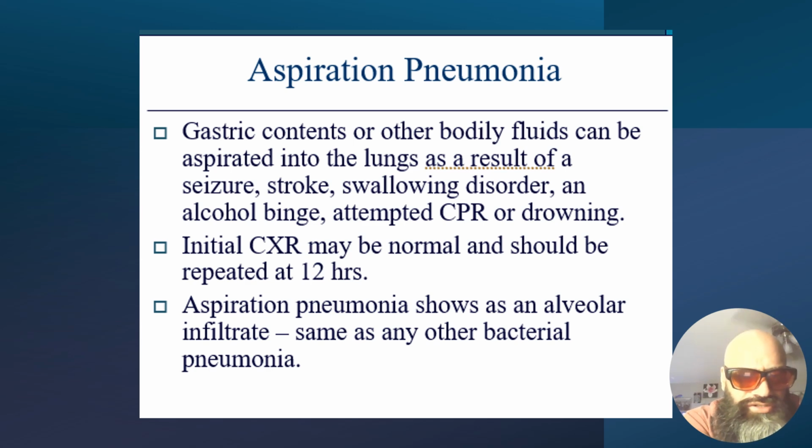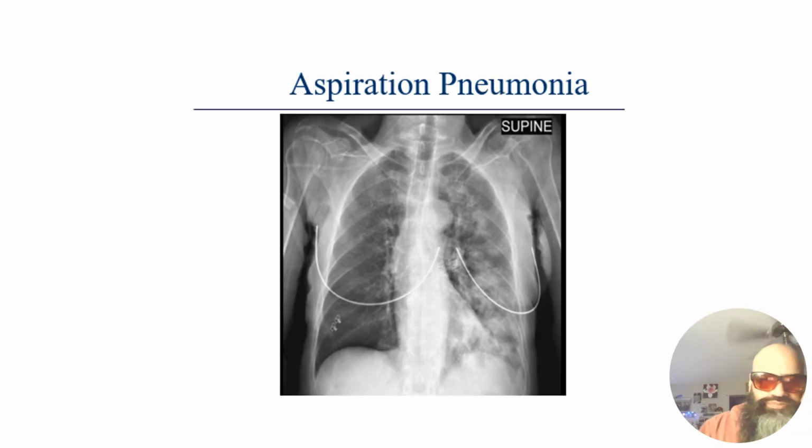So in particular, the type of infiltrate that aspiration pneumonia shows is an alveolar type infiltrate, which is consistent with all other types of bacterial pneumonia. Aspiration pneumonia, here's a good example of alveolar infiltrates. So most of the gastric contents have entered the left lung field, causing alveolar infiltrates to be appearing on the